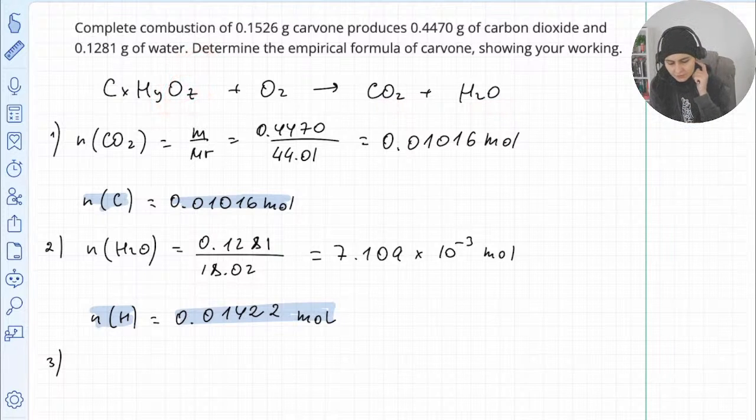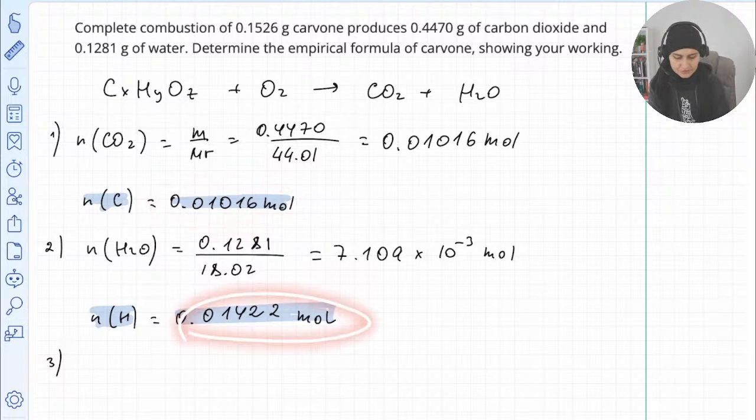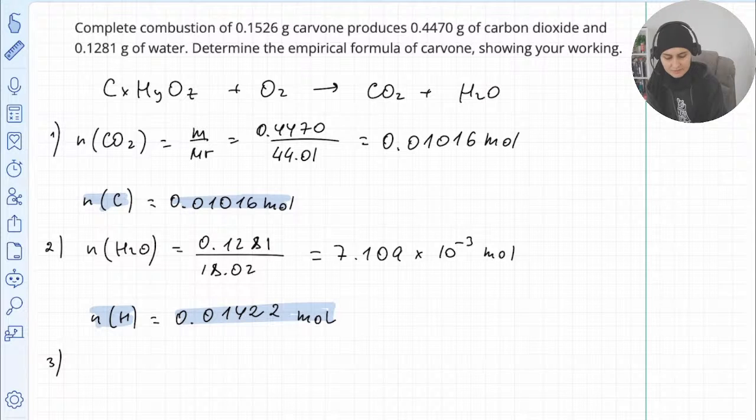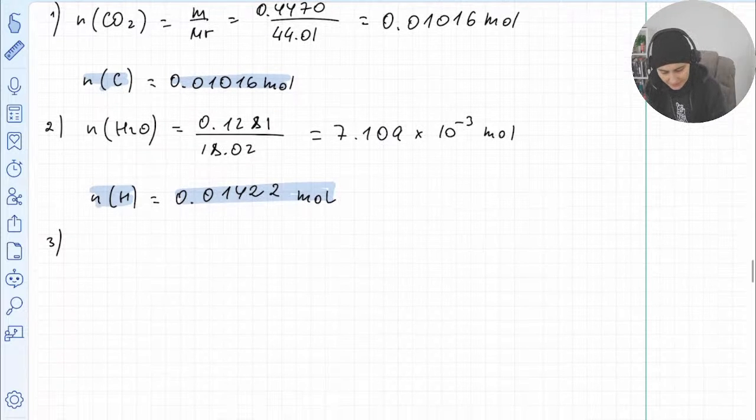But what can we do? We know the total mass. Yeah, we know that the mass is 0.1526. And the total mass is the mass of carbon atoms plus mass of hydrogen atoms plus mass of oxygen atoms. So I will find the mass of carbon atoms, add the mass of hydrogen atoms, and then subtract from 0.1526 the mass of the carbon and hydrogen. That's what I'll do. So mass of carbon, it's